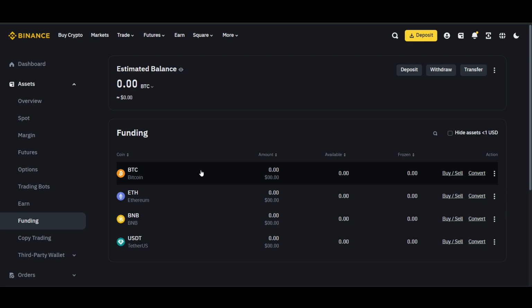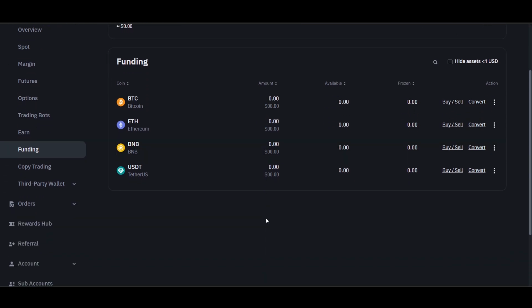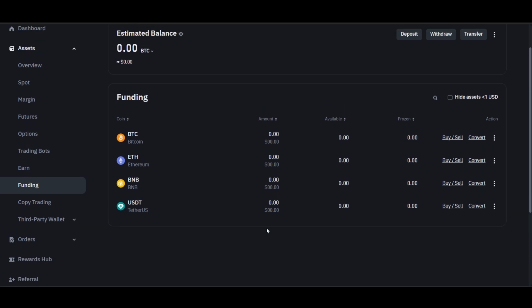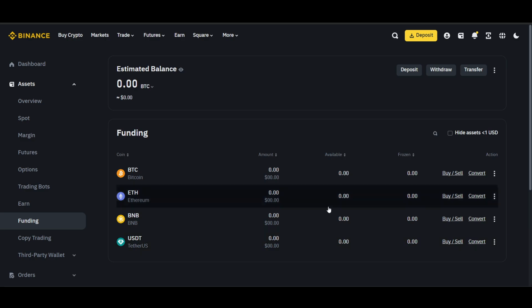Now tap on pay option, find and tap on pay option within the funding wallet section. This will display your Binance ID, right? And this is really important because it will help you to know. Now to find your specific Binance Pay ID, tap on gear icon settings in the top right corner of the screen,